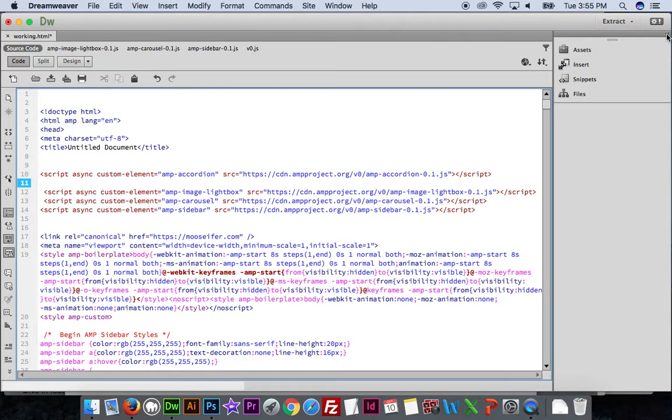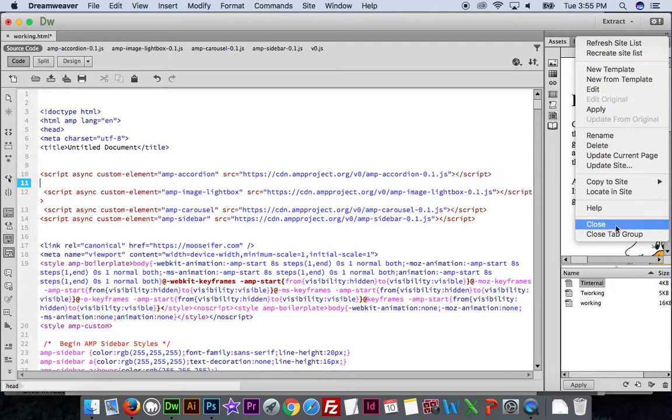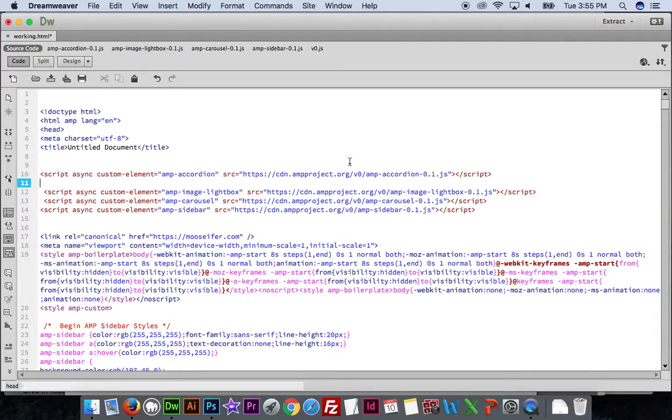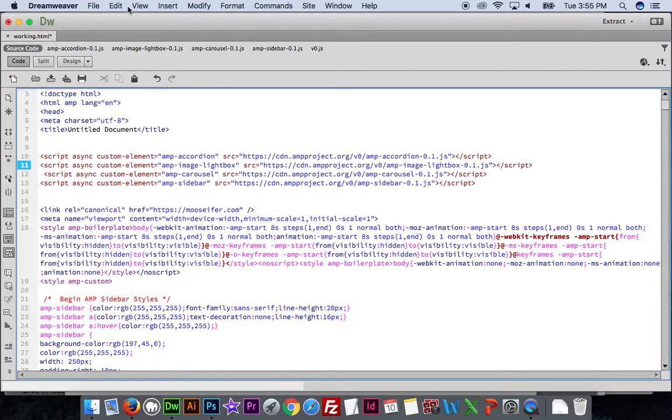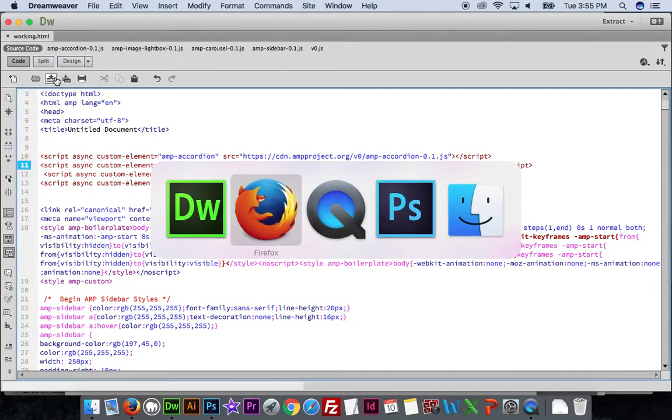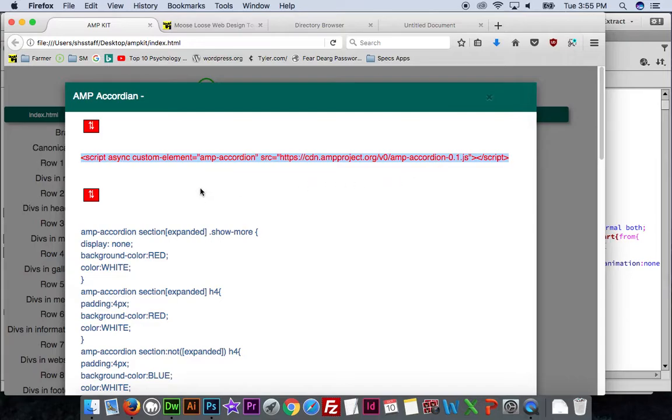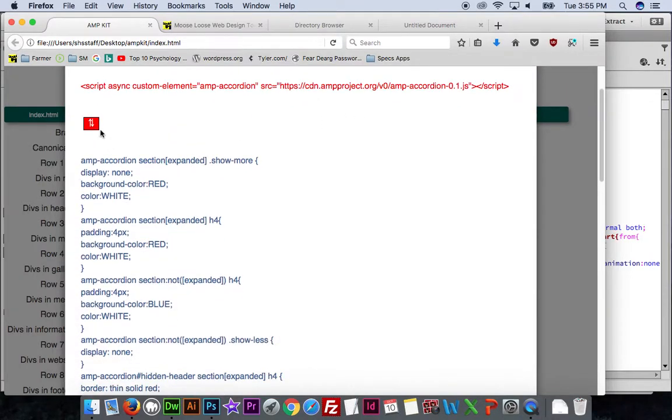I'm just going to close this. I'm going to close this. Okay, so there you have your libraries. Clean it up a little bit. There we go. All right, now that we have that code, our JavaScript reference in there, this part has to